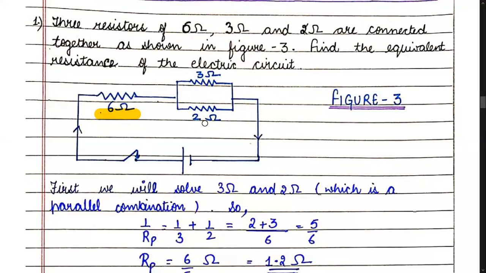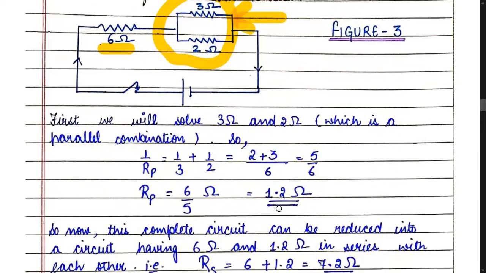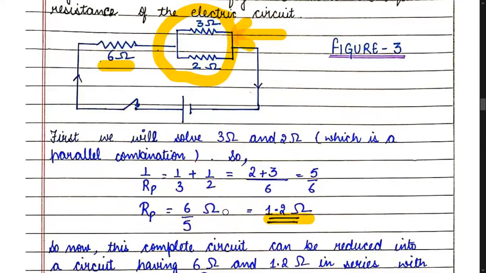So here, if you can see in figure number 3, students, the 3 and 2 ohm resistors are in parallel, while the 6 ohm resistor is joined in series to the combination of 3 and 2 ohms. Students, in such a case, first of all, simplify the combination of 3 and 2 ohms such that we get an answer of 1.2 ohms. You can solve it using the formula of parallel combination, that is 1 by Rp